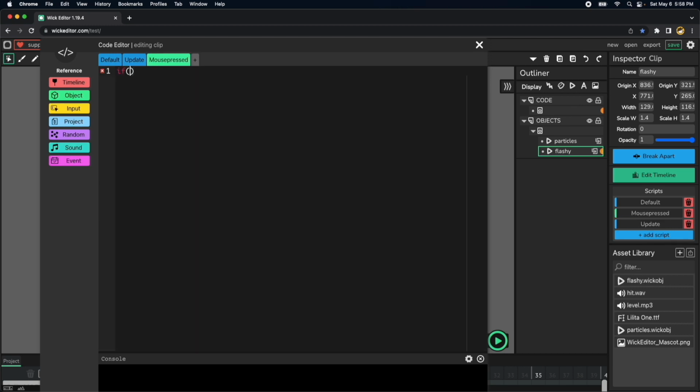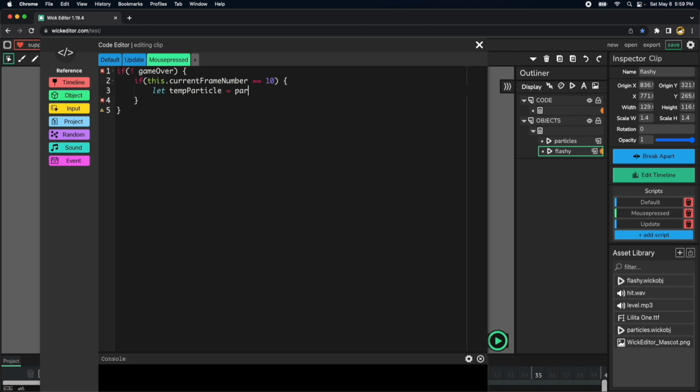So again, if not game over, then if this current frame number is equal to 10, which is where Flashy is on hide, then we want to first instantiate or clone a particle. Let's do 10 particle